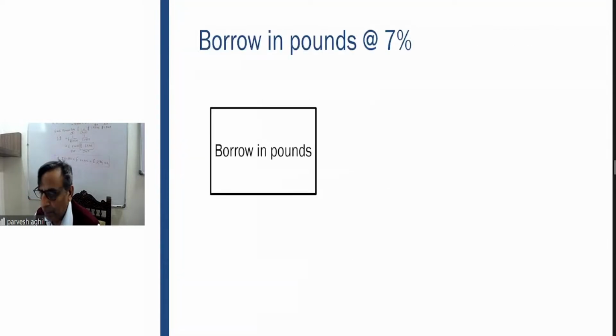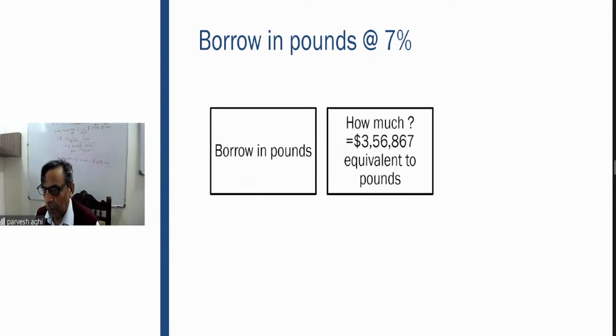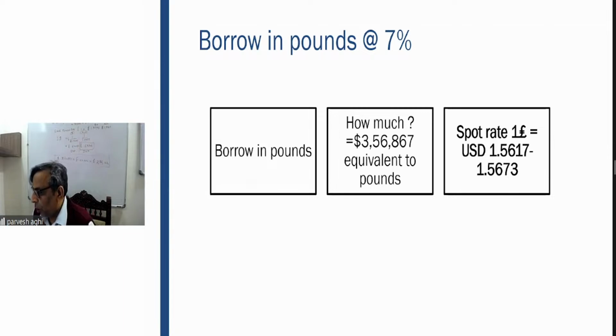So now he can't borrow in England in dollars. So he has to borrow in his home currency. What we are trying to do is convert this amount into pounds. How much will he be borrowing in pounds actually? So in the UK, he's going to borrow in pounds, but it has to be equivalent to 3,56,000 as per the spot rates. So that means he has to borrow